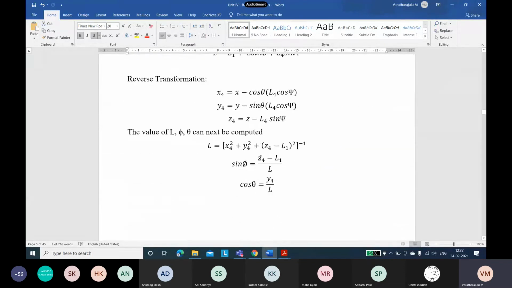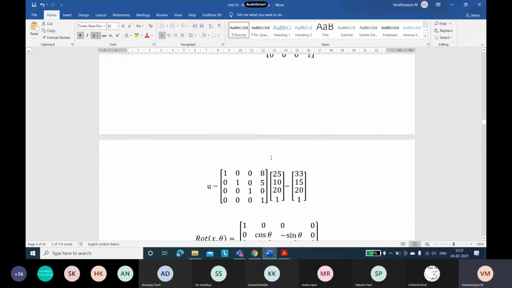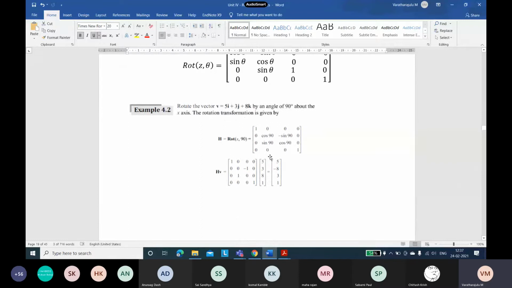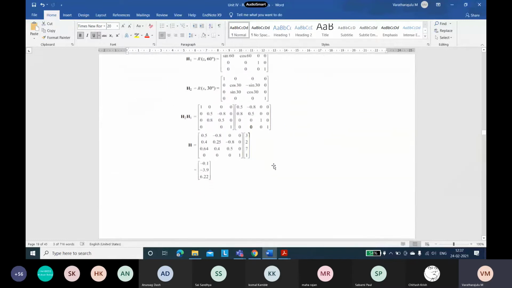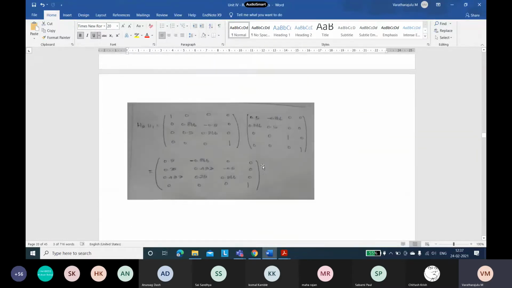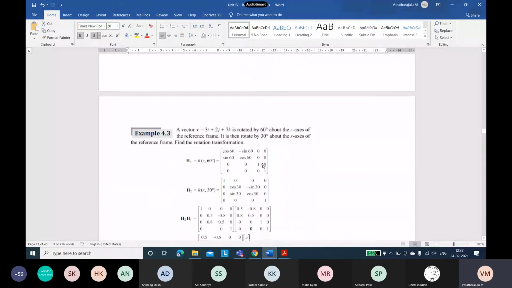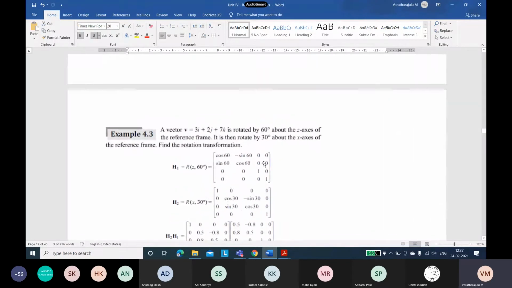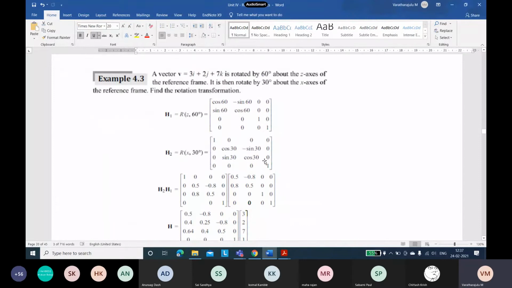Where we stopped, we are solving problems. Please take your calculator, notebook and pen. Today also we will see some problems in robot kinematics, and please make a note of this particular problem, that is problem 4.3. A vector v equal to 3i plus 2j plus 7k is rotated by 60 degrees about the z-axis